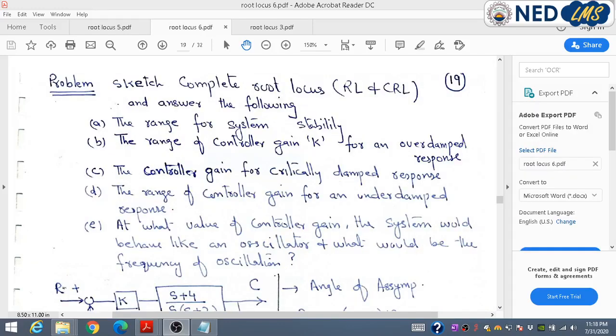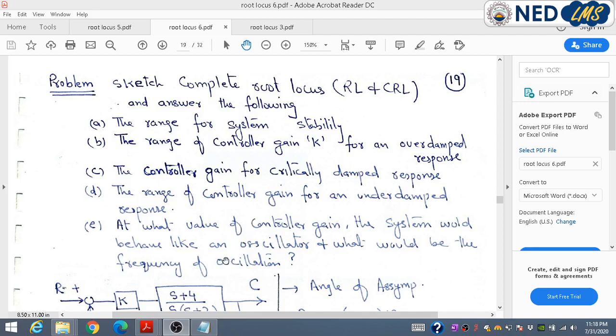This is another problem that we are going to solve. The queries are, first of all, we have to sketch the complete root locus in the entire range of the controller, that is from minus infinity to plus infinity. It involves the CRL as well as the RL. The other queries are the range of the controller gain for system stability, for an overdamped response, for a critically damped response, and for an underdamped response,